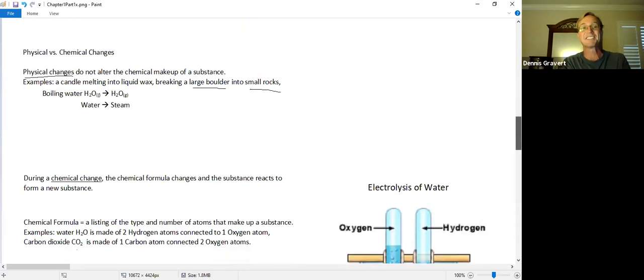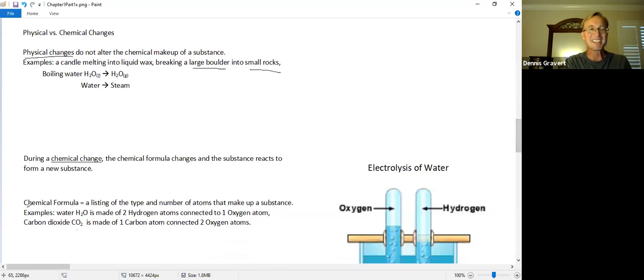I should be a good scientist here and define my terms. So on the screen, I do have a definition for a chemical formula. It's simply the listing of the type and number of atoms that make up a substance, right? So water is H2O. Here's the formula explicitly written out. H subscript 2, capital O. The 2 belongs with the H, saying, hey, there's 2 H's, 2 hydrogen atoms. That's 2 atoms of the hydrogen type. And there's a single O, that's an oxygen atom, a different type of atom. That's what makes up water. 1 O, 2 H's, 1 oxygen, 2